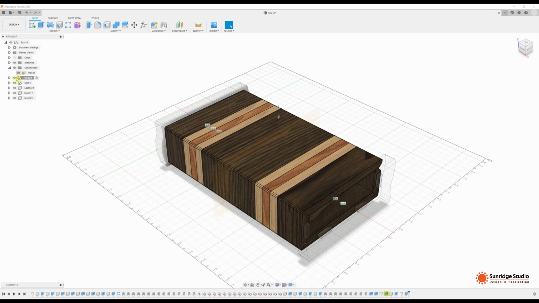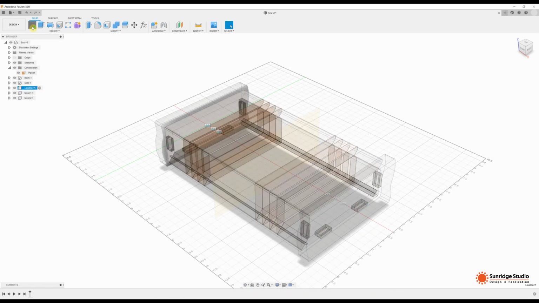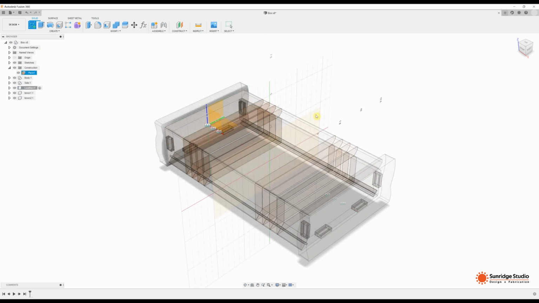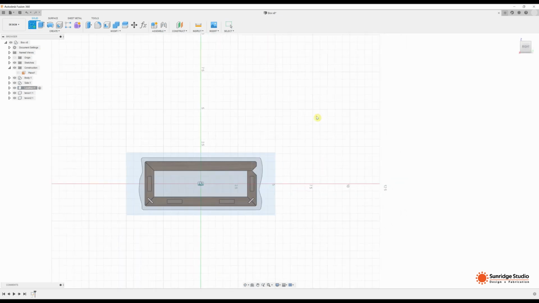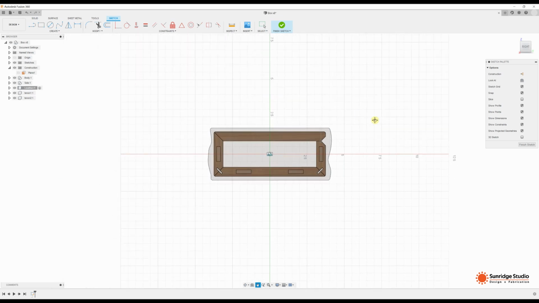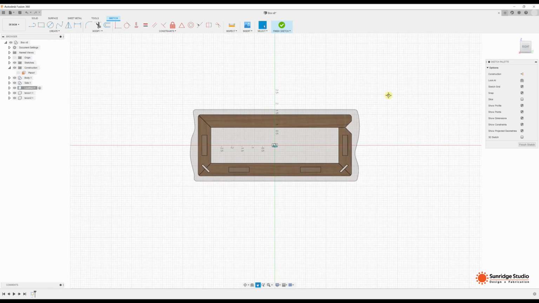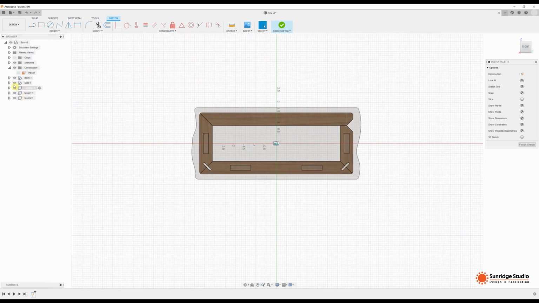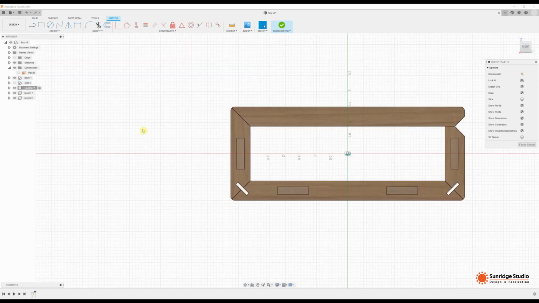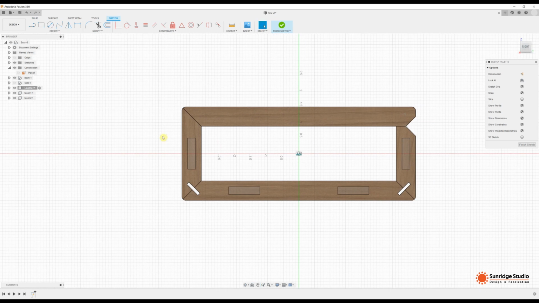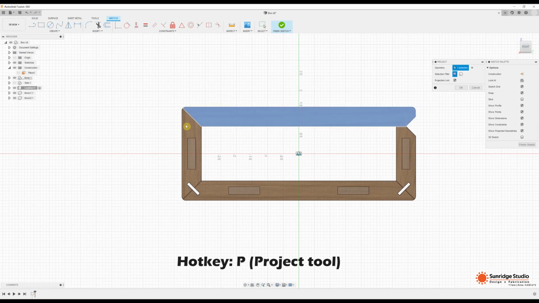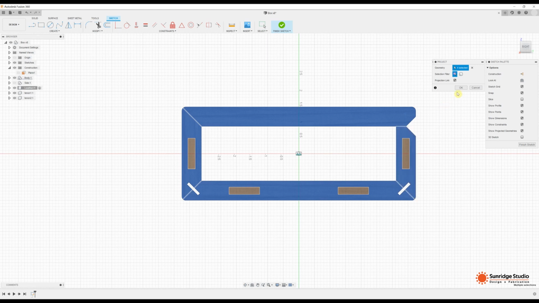Let's move to the last part of this video. Let's go into the leather component and create a sketch, and we use the center plane we created in the part 2 video to create this sketch. So we project all the 4 body components to our sketch,